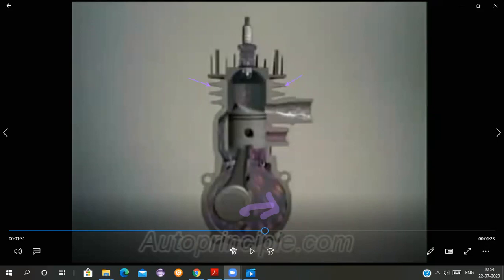Valves are not present. Okay. What else? See, this is a very important point. I think diploma students should speak now. Yes, losses are more, sir, in two-stroke. Sir, because in the exhaust process, the fuel is also going out. Yes, during the exhaust, this is one of the points.